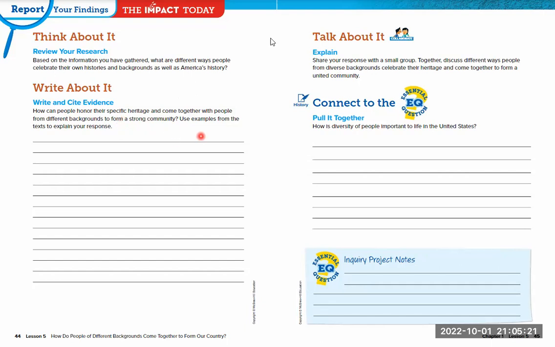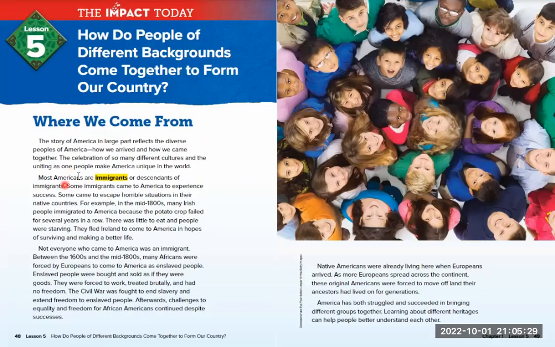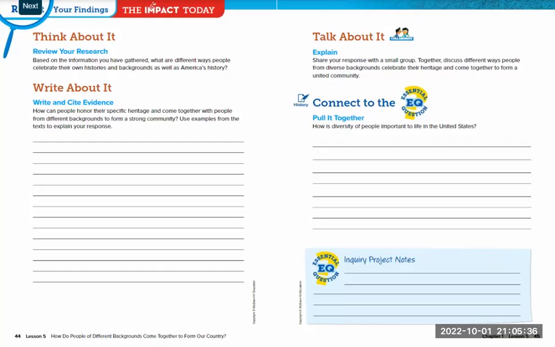If we're going to be using examples from the text, don't forget that you have lots of different groups that you read about. All of these are sources that you can talk about. And you also have your vocabulary words to help you understand more about the text. Make sure to always cite your evidence. If you can put your page number next to it, even better, where you got that exact bit of information from. And when you're done with page 44, we're going to start on page 45,